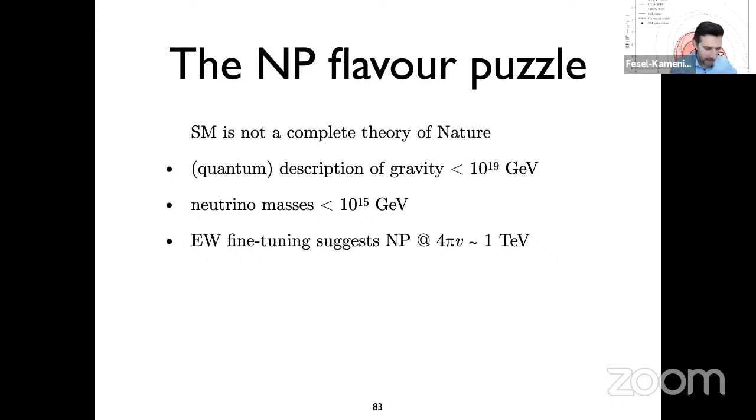And also we have the problem of electroweak fine-tuning or the hierarchy problem, okay? So all of these issues suggest that there might exist additional heavy degrees of freedom, which we cannot probe directly in our present experiments. But now, armed with the EFT technology, we also know that the effects of these heavy degrees of freedom, if they exist,